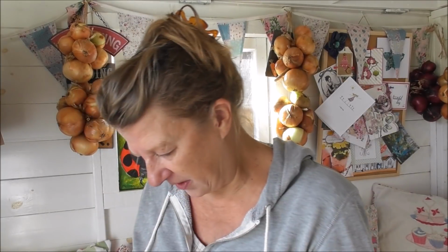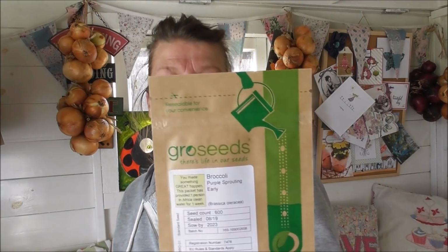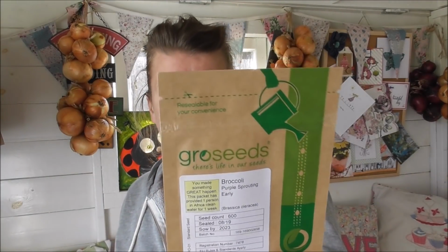So that's the tomatoes. And this is a broccoli. It's a purple sprouting from Grow Seeds. And what I love about this, where's the info on it? Or did I look it up online? I can't remember now. Maybe I looked online. Ah, no, there it is on the front. Sales from the seeds